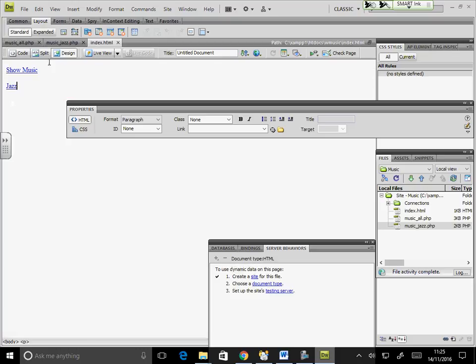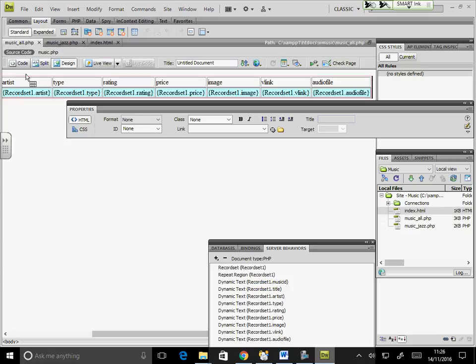I go to the index page and I also have here home. Is that right? I'll highlight home and I say link it to index. So file, save all, but I can highlight this and go to my music all.